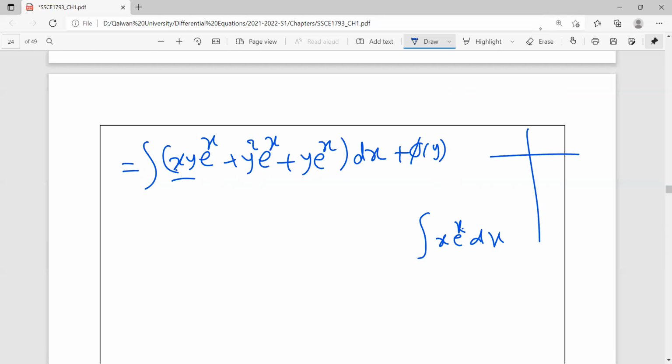The short method is here, D and I. We are checking x, derivative until we reach zero. Here we have x. Here we have e^x. Now the derivative of x is 1, then 0. We took 2 derivatives for x, so we must take two integrations for e^x. The integration of e^x is e^x, again e^x. Now you multiply these two, then minus we multiply these two. So the result